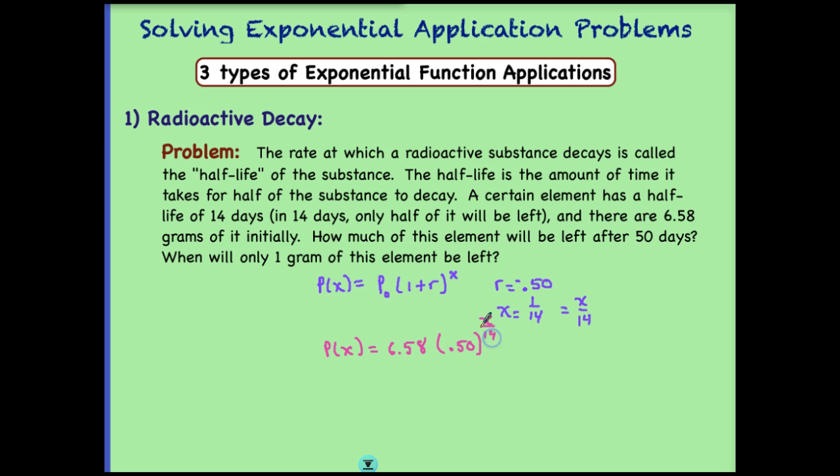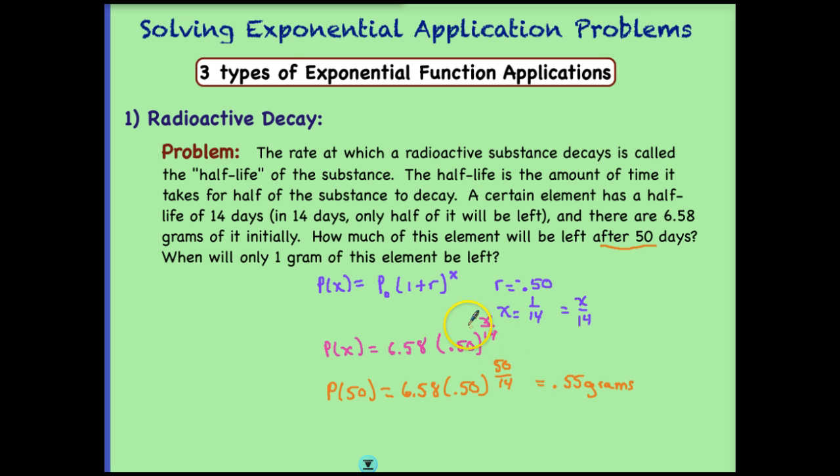And here's our time. To determine how much of the element will be left after 50 days, all we need to do is plug in our 50 into our adjusted time. So we would have 50 over 14. And when we put this in our equation, we can see that we will have 0.55 grams of this substance